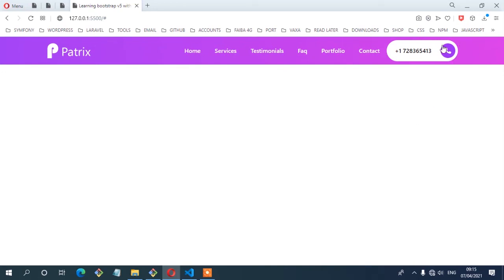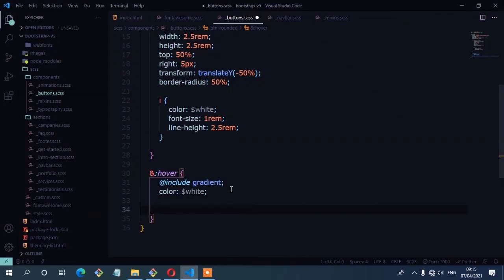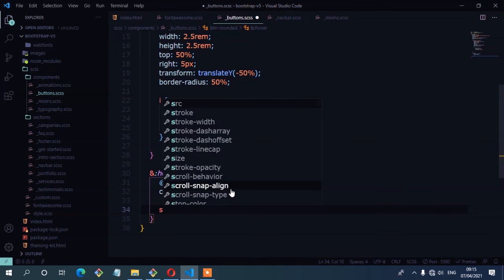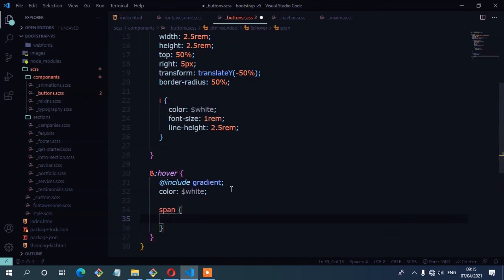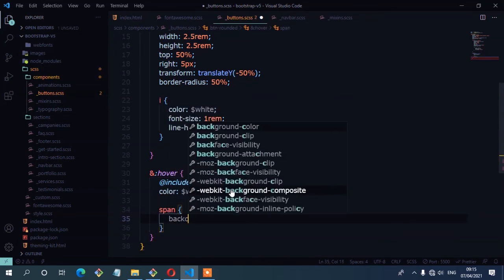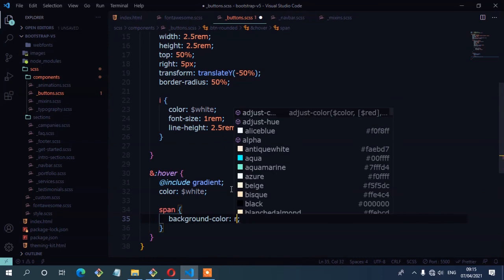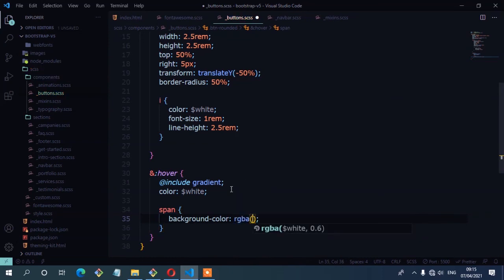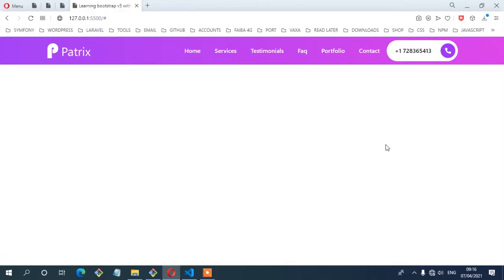So now let's work on this circle. We need a dark circle once you hover the button. So the span should be inside the hover. So we have the span, and then the background color. Here you're going to use RGBA, and you're going to use a dark color. So we have black with an opacity of 0.6. So I'm going to save. Let's see. If you hover now, you can see our circle turns to dark color, and that is exactly